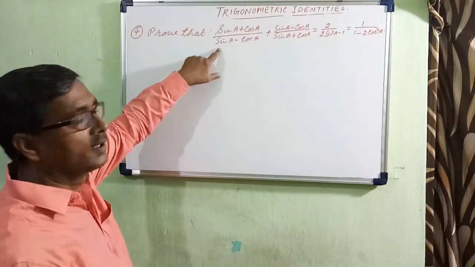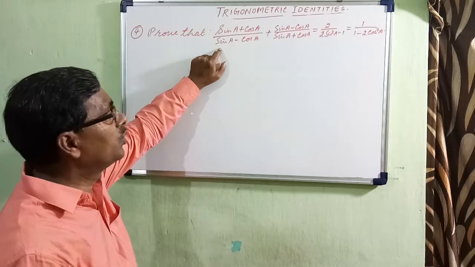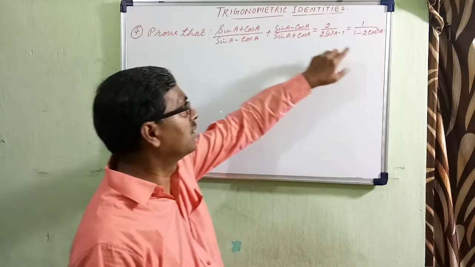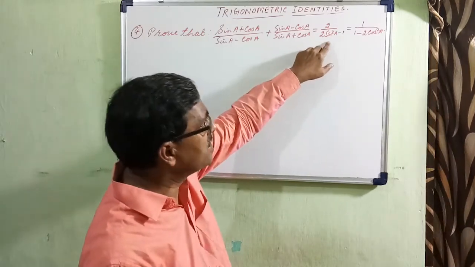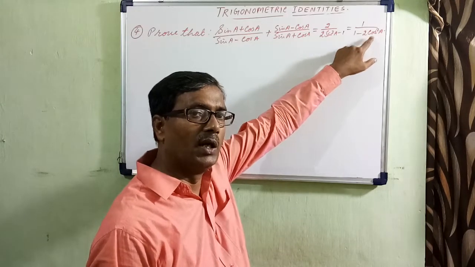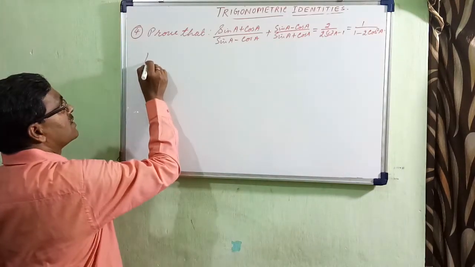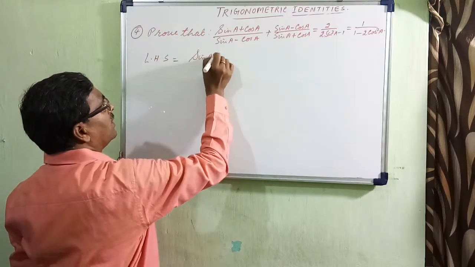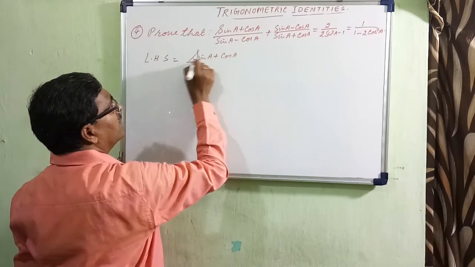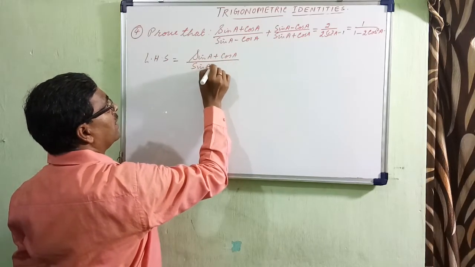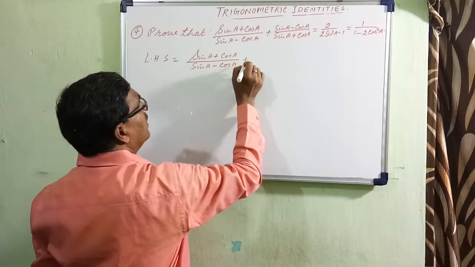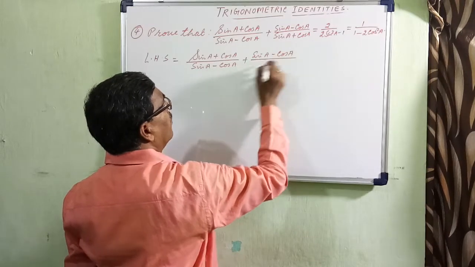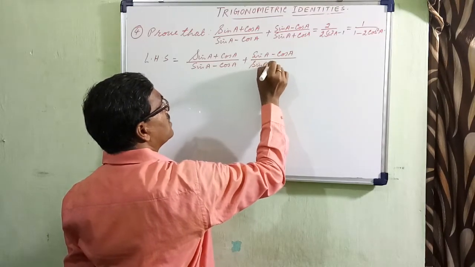Now let us discuss a different type of question. Here you notice you have 3 RHS. I will work out the first RHS, and on the basis of this I can work out the second RHS. So first of all you take the LHS and just take the LCM, the simple way: sin A minus cos A plus sin A plus cos A by sin A plus cos A...